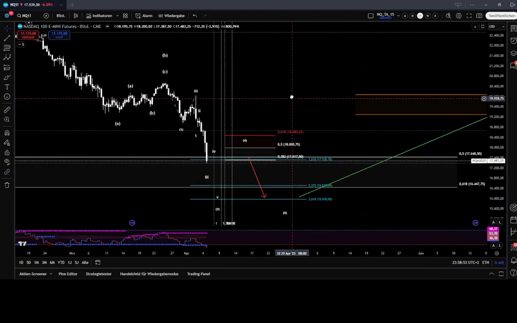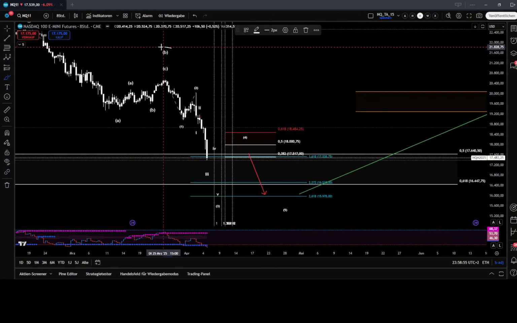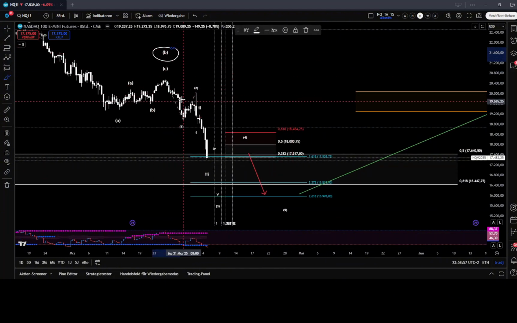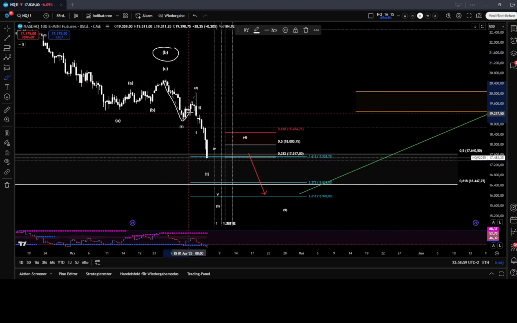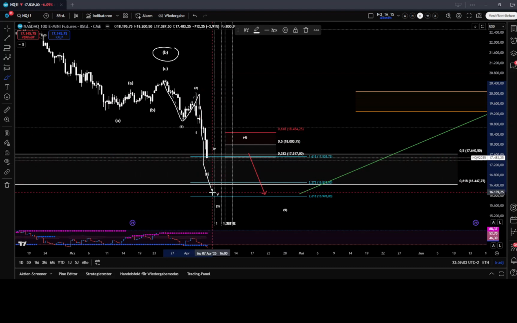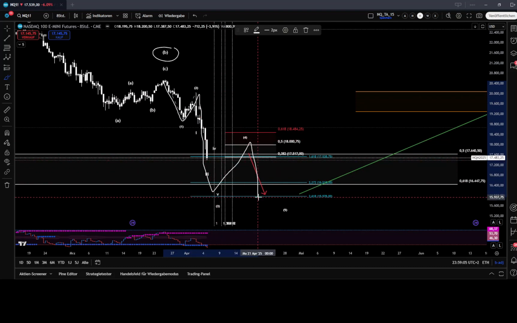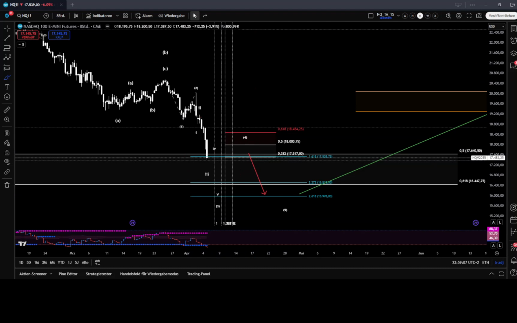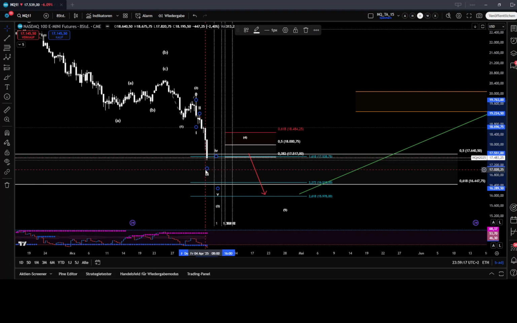So from our top here, which is the B wave top, there we started the C wave. We have completed wave 1, wave 2, still working on the 3 in my view. Then we should get another 4 and another 5. So the internal 3 is also, in my view, not done, because preferably this third wave should finish